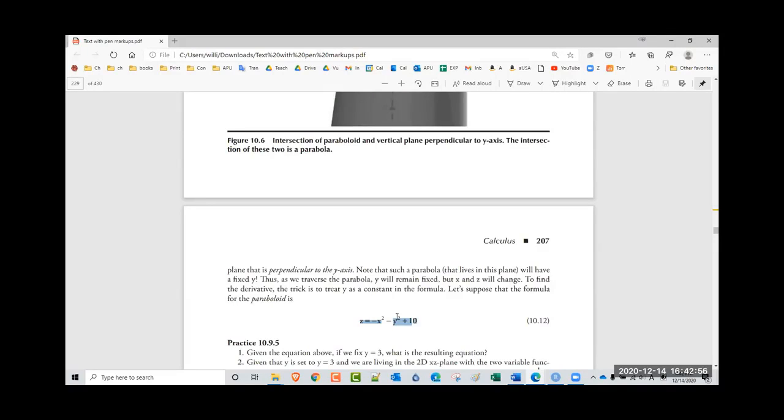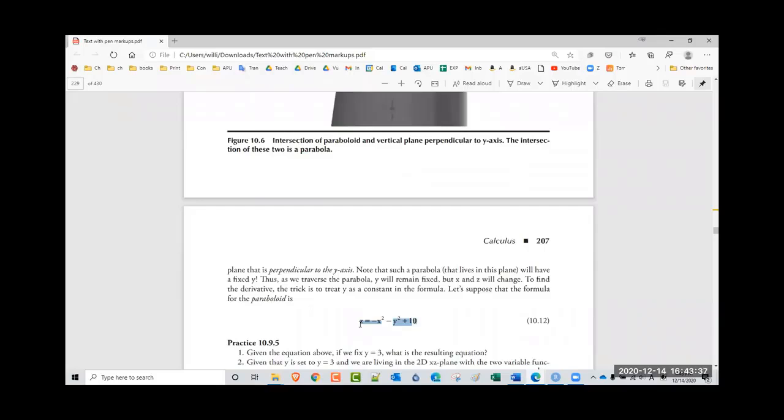Y equals 3. So whatever else, we have to have y equals 3. So we can just substitute y equals 3 in here. And all of those points, anything with y equals 3, is going to be in the plane. And anything that satisfies this equation where y equals 3 is also going to be in the paraboloid. So if we want all the points on the parabola,